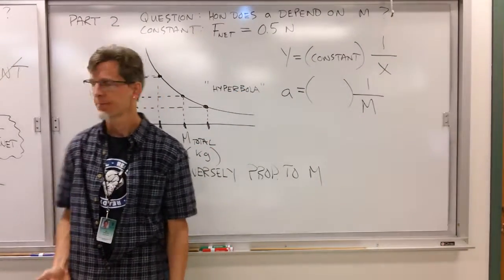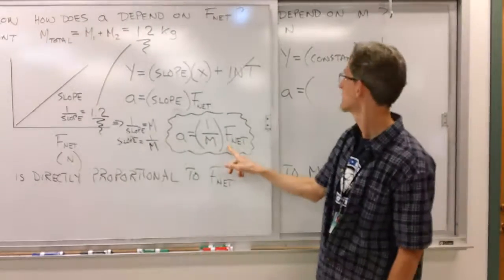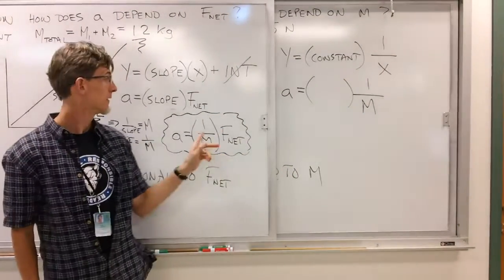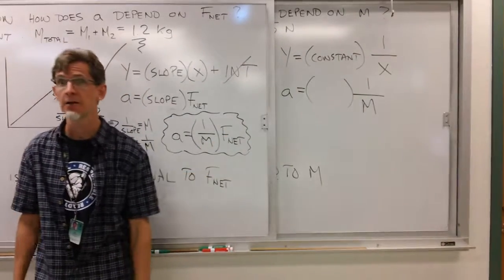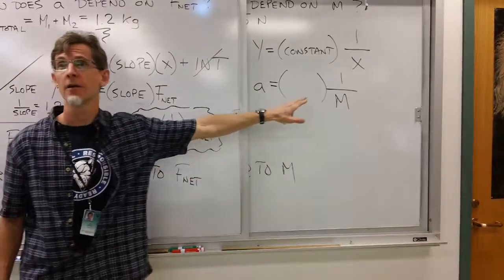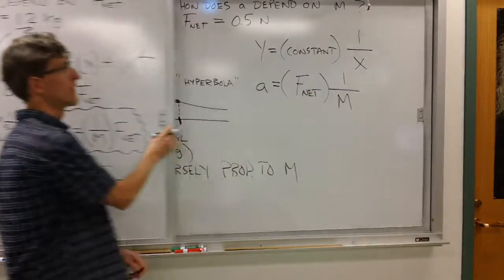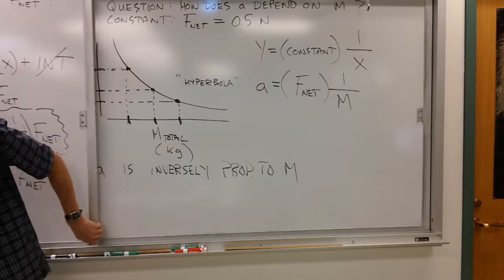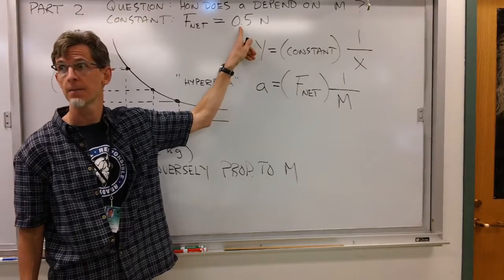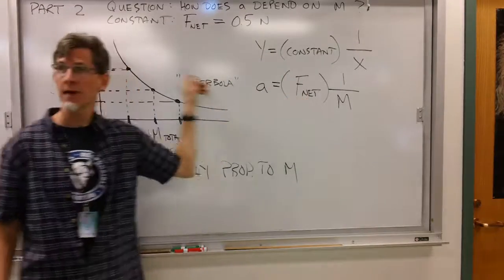But I had a hypothesis, right? My hypothesis was this. So if you look at my hypothesis, what do you think goes into parentheses there? Compare this formula to that one. How do I make them the same? I'm going to put what in? The net force. And that would work. That actually mathematically would work because, hey, I held that force constant, didn't I? So it's plausible that really if I plug 0.5 newtons in here,